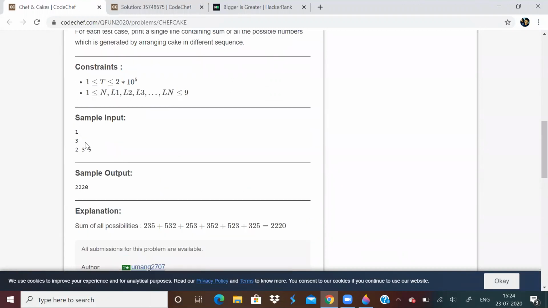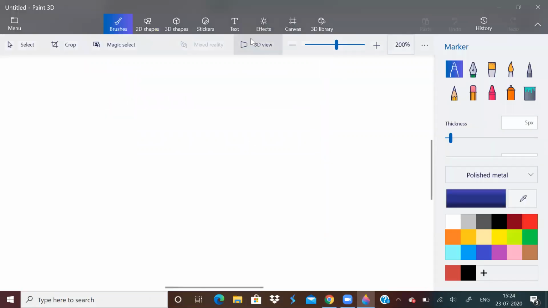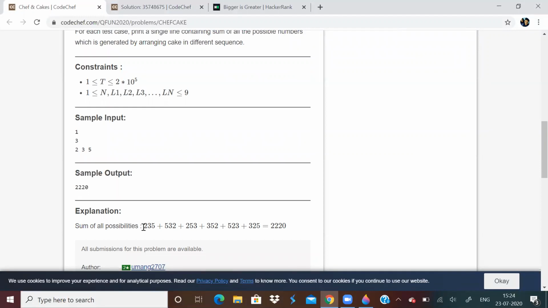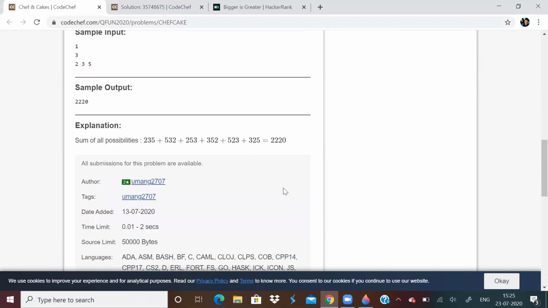Now we want to find the sum of all generated numbers. In this example, the digits are 2, 3, 5. With 2, 3, and 5, how many numbers can I generate? I can generate these numbers by doing some kind of permutation, combination, something of that sort.